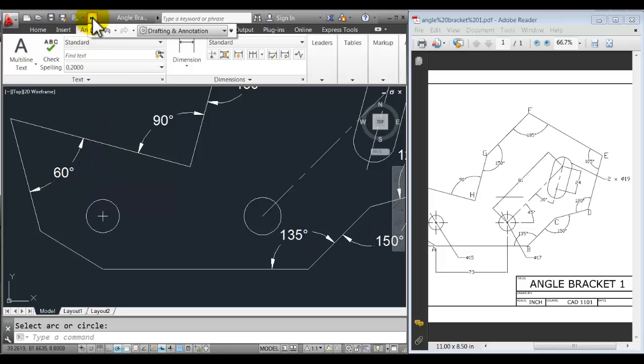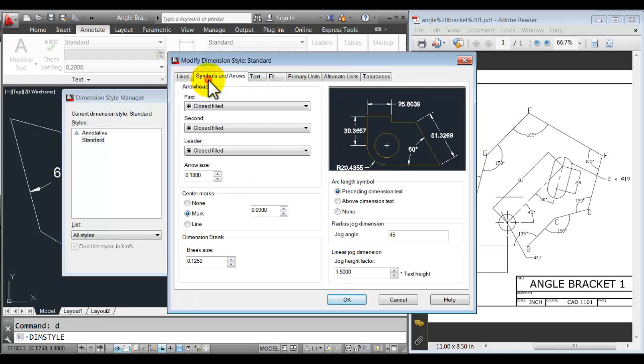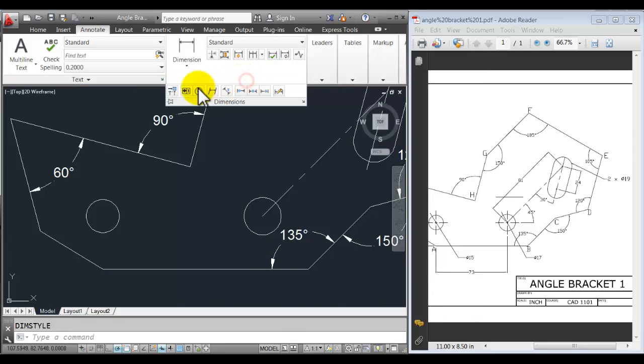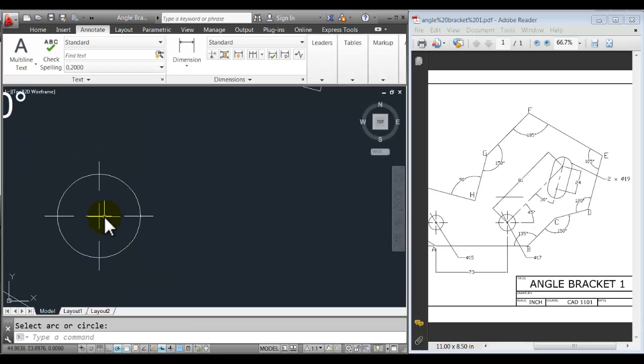So I'm going to go up here and do an undo. You can type in U and enter also to undo those 2 lines that I drew. Type in D and enter, pick the modify button, and over here in the symbols and arrows tab, we can click on line. You see how in the preview it shows us the lines and the little center mark. 0.09 is probably too small, but let's go and check it out. We'll pick OK and close and go back to here, center mark, and click on the circle. Oh, it looks okay. Probably could go smaller,